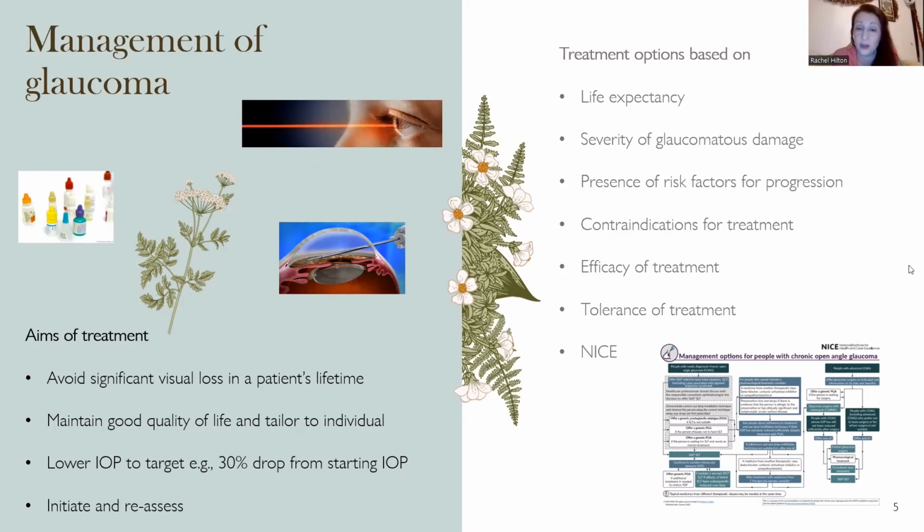Treatment options are always based on a variety of factors. We want to be considering life expectancy, or the health conditions you may have that might affect the type of treatment we offer. We consider how severe the damage is. If you're coming to us already with some glaucoma damage, maybe it's been undetected or unresponsive to treatment elsewhere, we might be suggesting something a little more intensive, a little more invasive, things like surgery, a little earlier than for patients who have very minimal damage. We're also looking at other risk factors. So are there reasons why your glaucoma might progress more quickly than other patients?